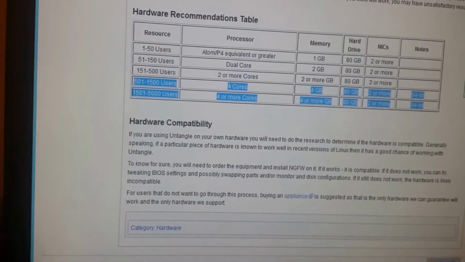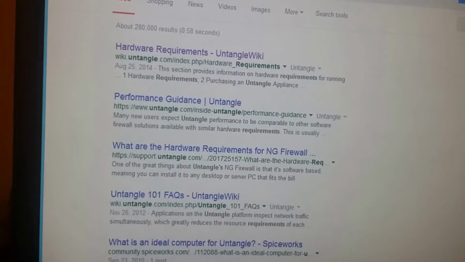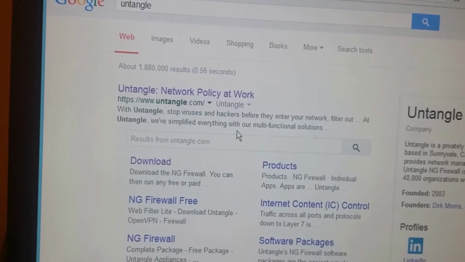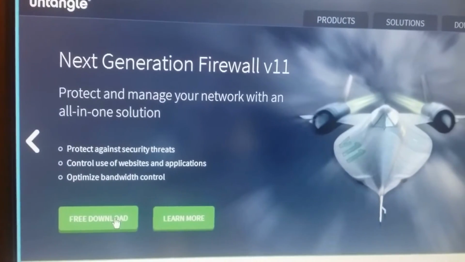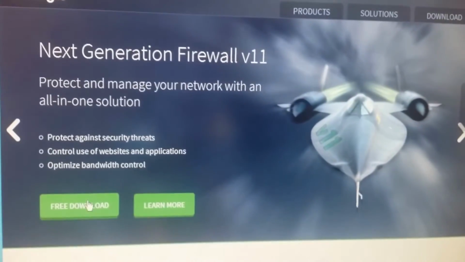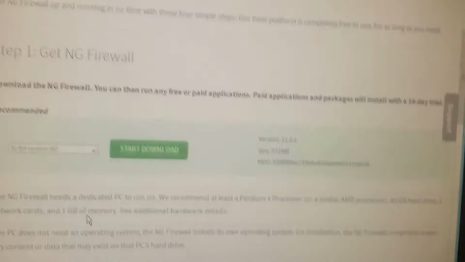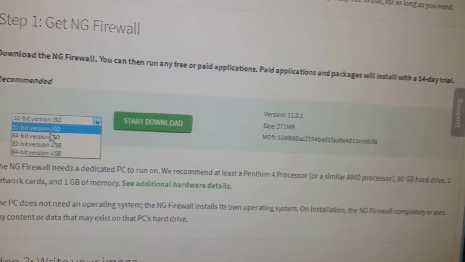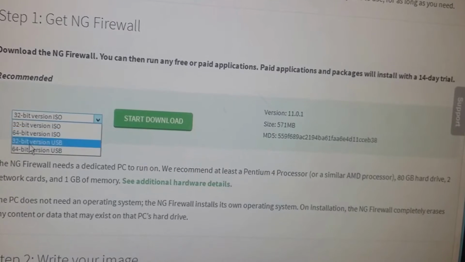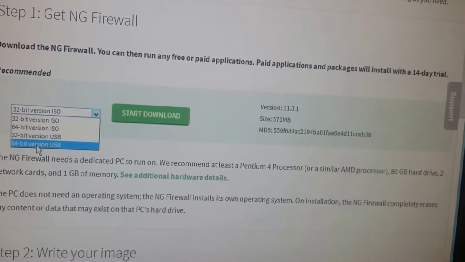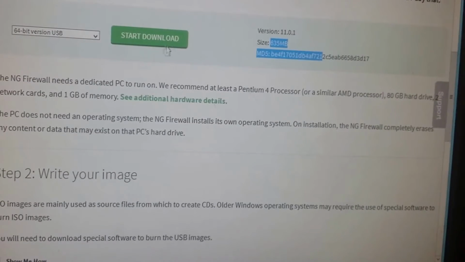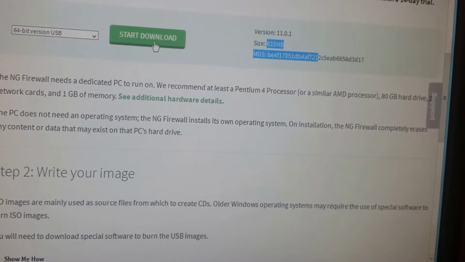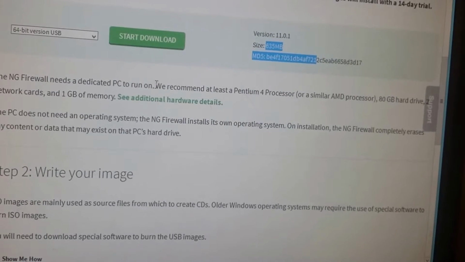All I need to do is go back to Google and search Untangle, and this time just Untangle. Go to the Untangle first page, untangle.com, and here you will see free download, on the first page, or we can go to the right side. I'm just going to click on free download, and here you need to make sure what system you have. If you have 32-bit, you do 32-bit. If you have 64-bit, you do 64-bit. So I'm going to do 64-bit USB since my server is 64-bit, and it tells you the size of that, and say start downloading. So we are going to go ahead and say download,